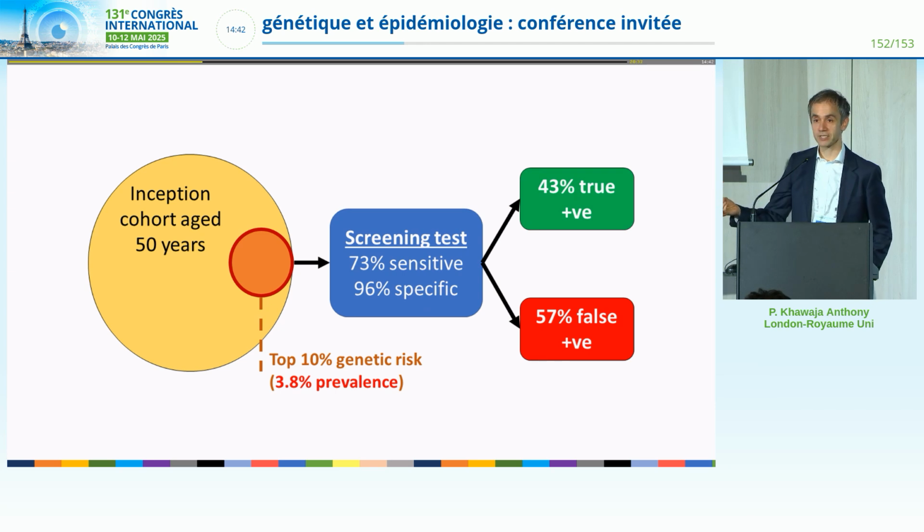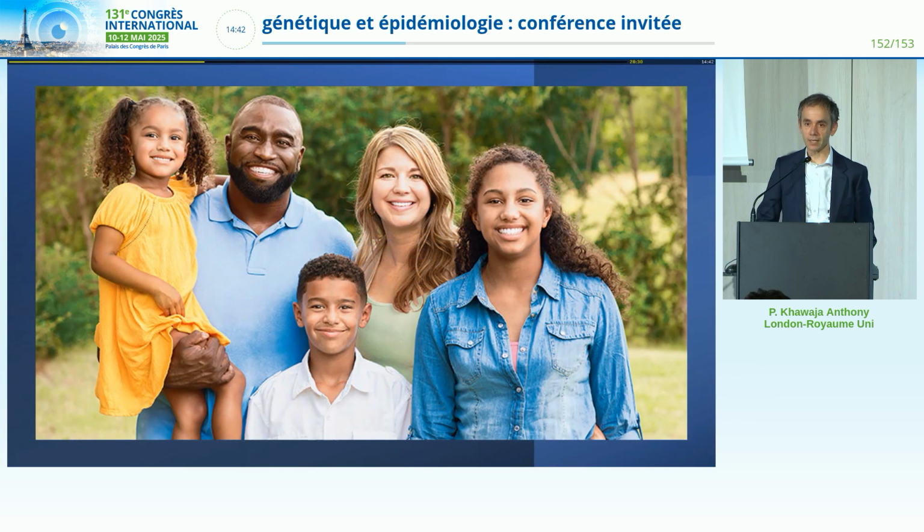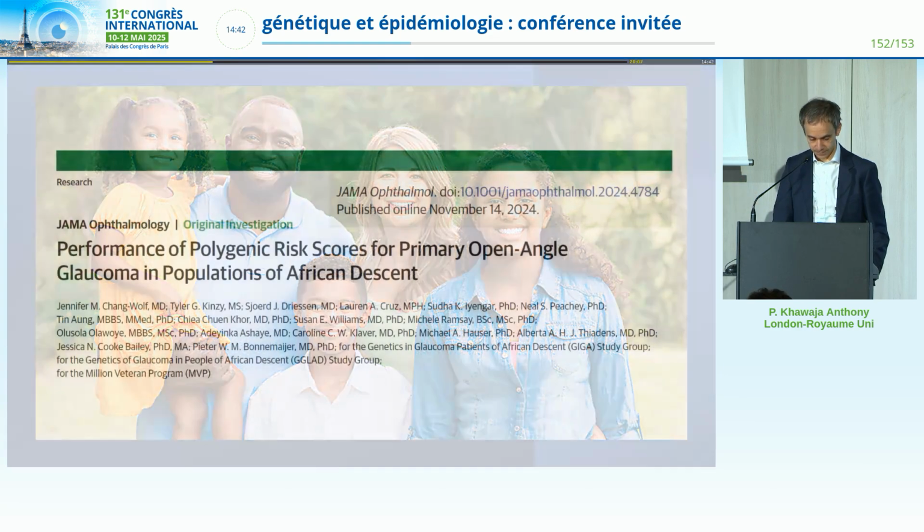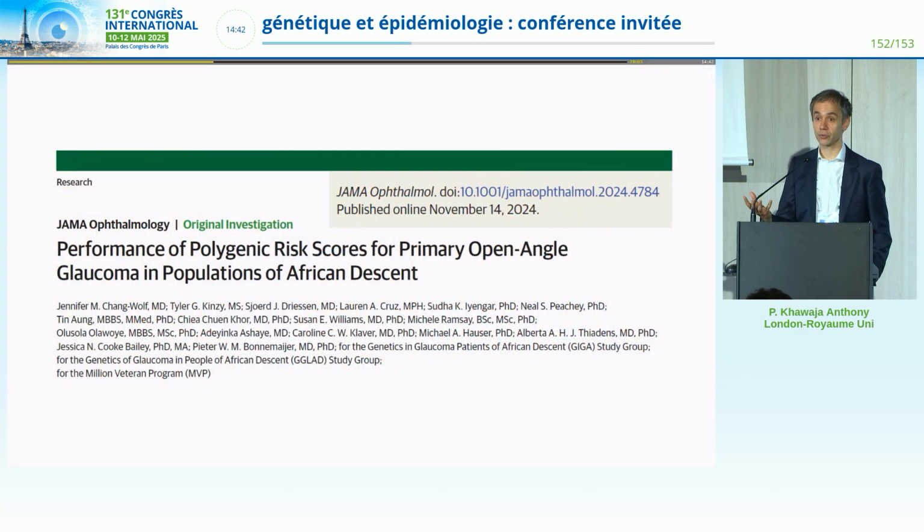So this is the hypothesis, and Alain alluded to something we'll be testing through the European Glaucoma Society. Now, all the data I've shown you so far comes from just people of European ancestry, just white people. So if we are going to find a new way to detect glaucoma, enable glaucoma screening, we need to make sure it works in people of all ancestries. And this has always been a major concern with genetic studies. But actually we needn't be so concerned,